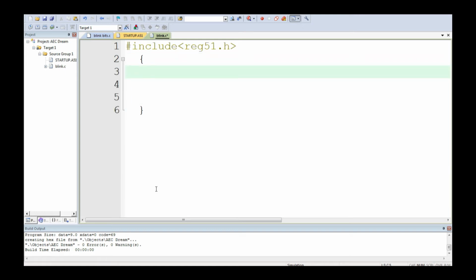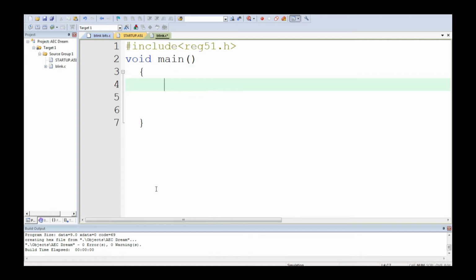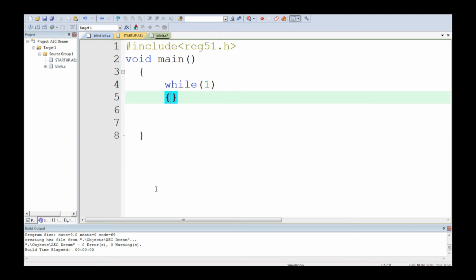And what is the next instruction? While one. So while one must come after the first void main. Void main is the first instruction because it is a C program, which is a very simple syntax. And while one, this is the magic word for an embedded engineer. If you are a computer science engineer or an IT engineer, you will never bother about while one. But if you are an embedded engineer, this while one has some significance. What do you understand from while one? While one means it has to execute forever.